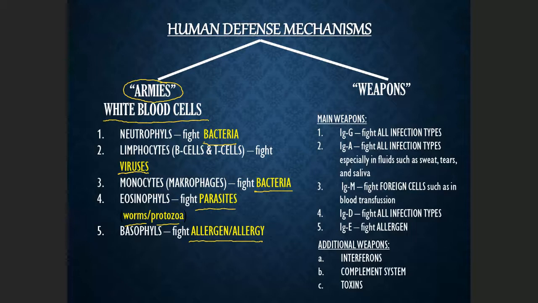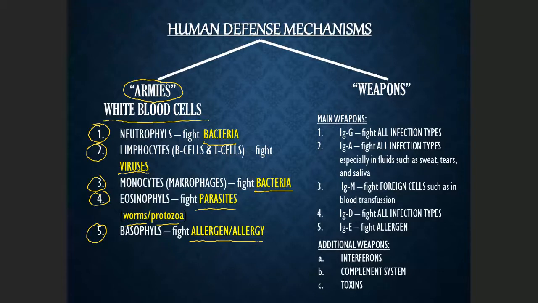Okay. I put this list in sequence, from the most abundant to the least abundant one. So neutrophil is actually the most abundant type of white blood cell in our system. The lymphocytes are the second most abundant type of white blood cell, and then monocyte, eosinophil, and basophil. So basophil is the least abundant type of white blood cells in our system.